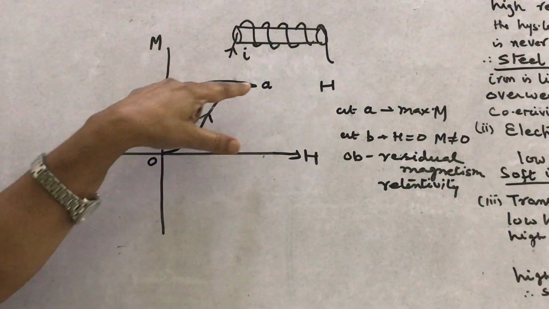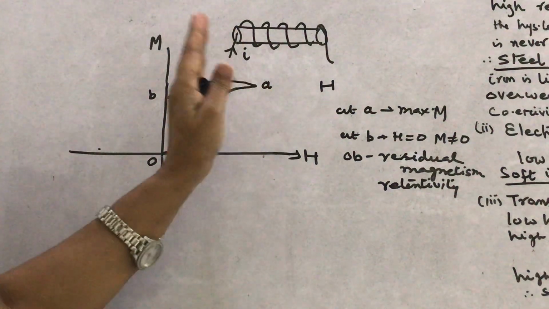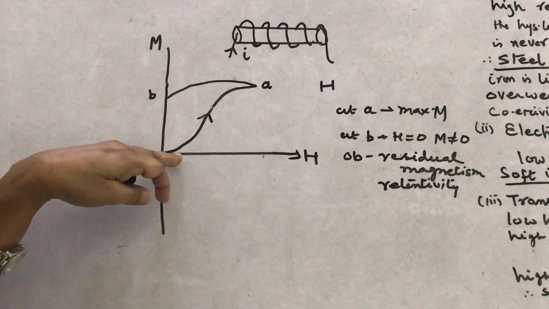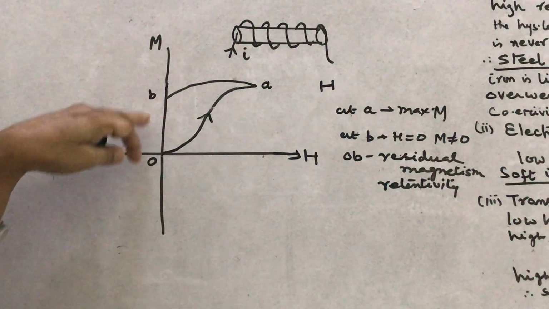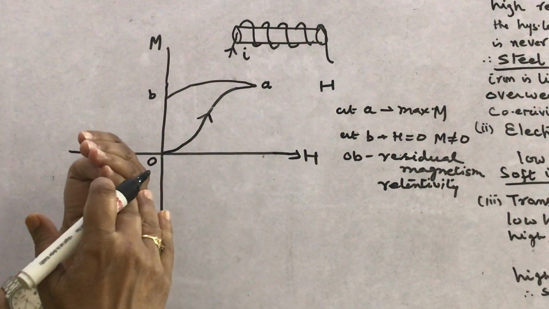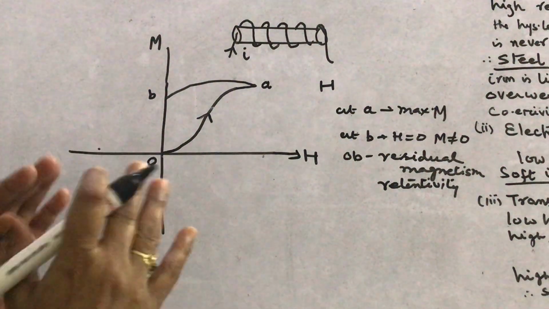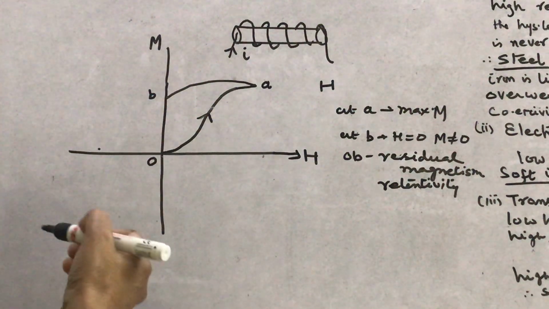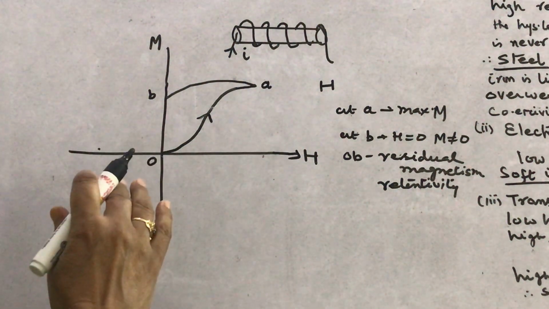Demagnetize, or the domains which were oriented at A, all the domains in the direction of the magnetizing field. We have seen that on reducing the magnetizing field intensity to 0, even then all the domains do not come back to the original position. So to make them go to the original position, what is done? H is increased in the negative direction. Reverse magnetizing intensity is applied.